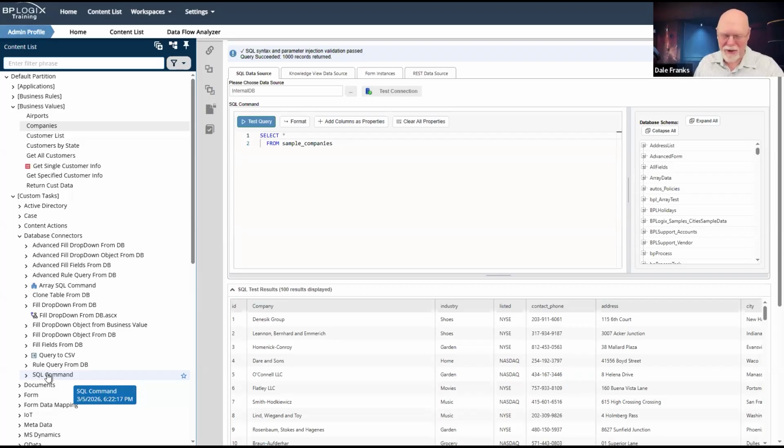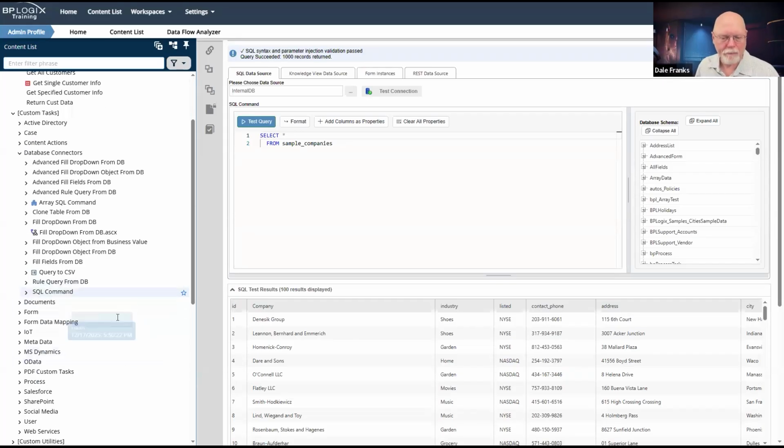Basically, every read operation should be done via a business value. Every CUD operation, so if like a cow, you're chewing your cud, to change, update, or delete, that all needs to be done through the SQL command custom task.